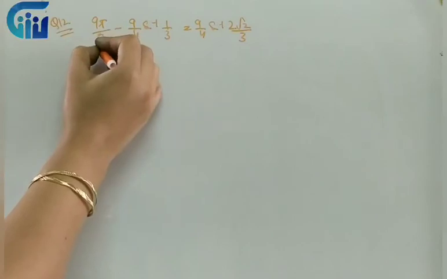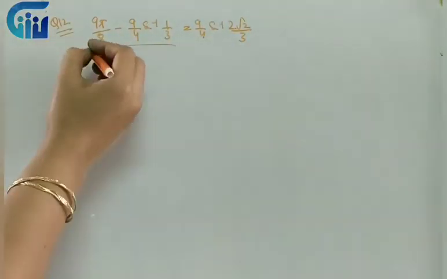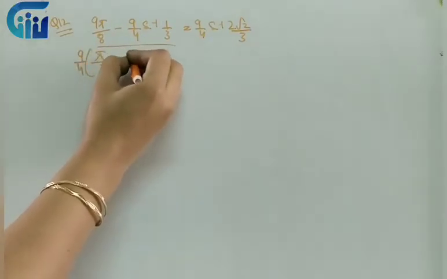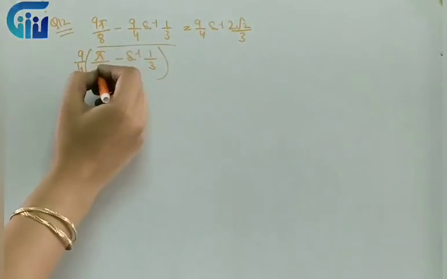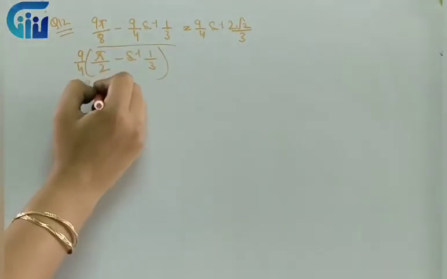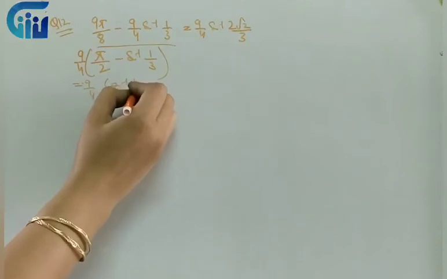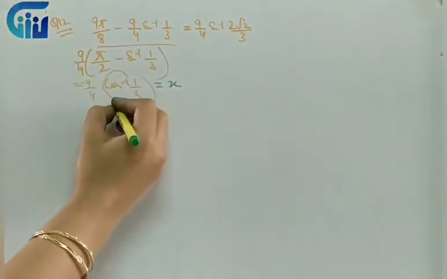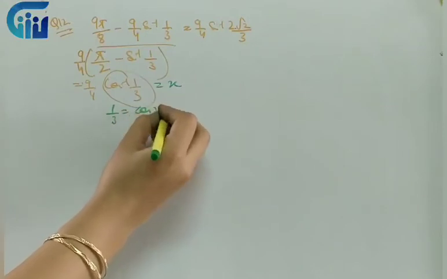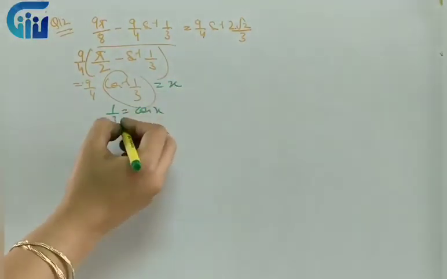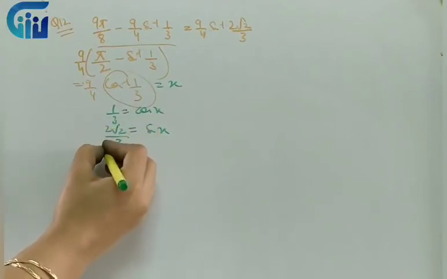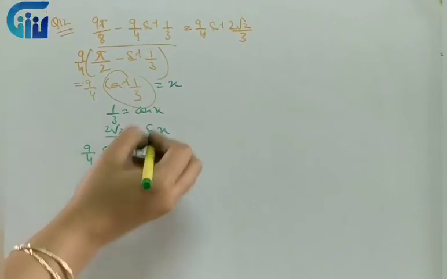Now what we will do, left hand side is equal to right hand side we have to prove. So I can take 9 by 4 common from the left hand side. So over here it will be pi by 2 minus sine inverse 1 by 3. Now we have a property which says pi by 2 minus sine inverse will give me cos inverse 1 by 3. So I need to change this cos inverse to sine inverse. How will I do it? Again we'll put it equal to x. So 1 by 3 is equal to cos x. Now sin x by Pythagorean triplet will come out to be 2 root 2 by 3. Hence this can be written as 9 by 4 sin inverse 2 root 2 by 3.